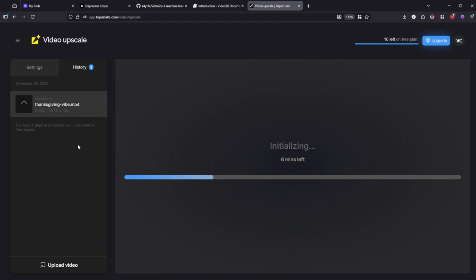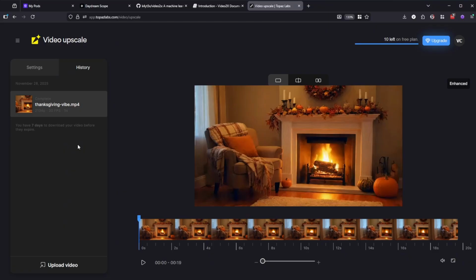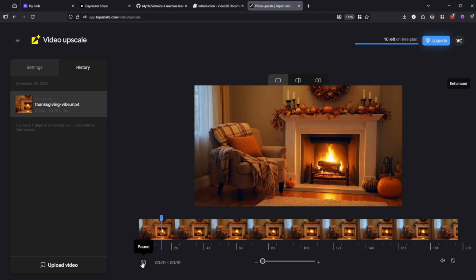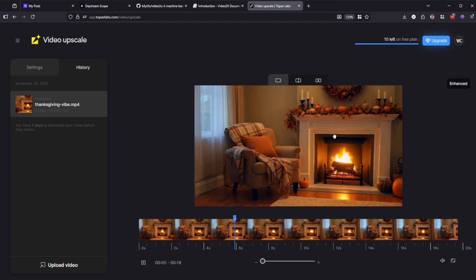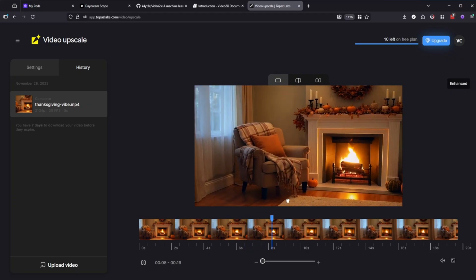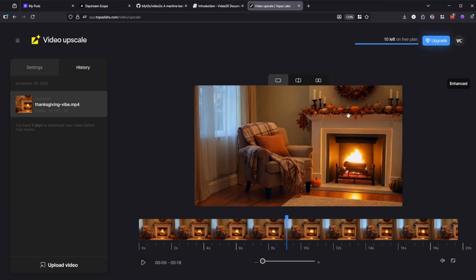Keep in mind that this is significantly longer than what we had with our open source solution that we tried before this one. That one ran locally, so maybe part of the reason is that. All right, it seems that we're almost done. So let me try and play this one. Okay, this is really neat. With fewer AI generated artifacts than we had with the open